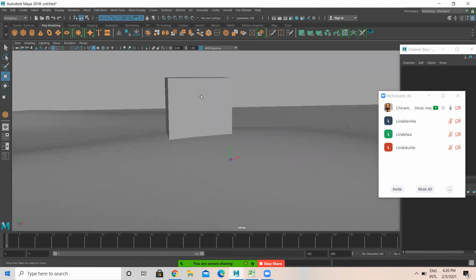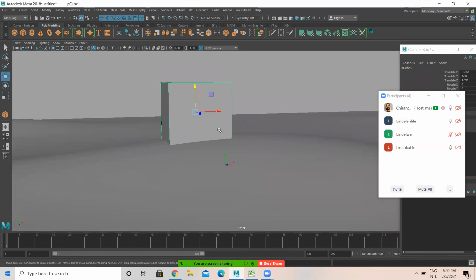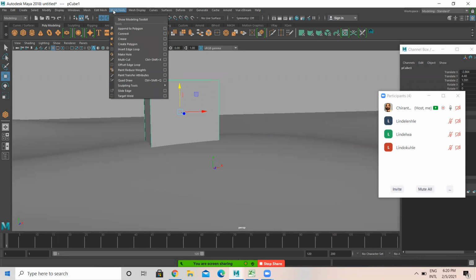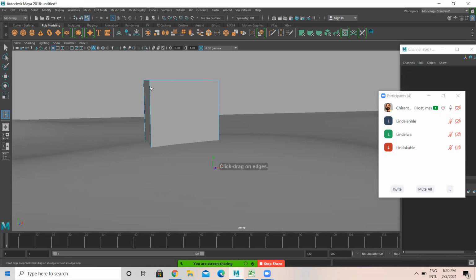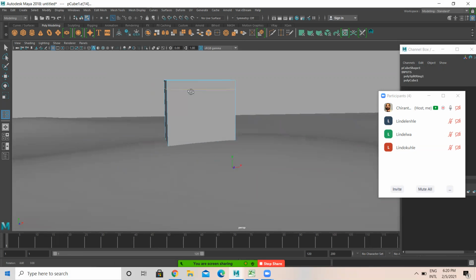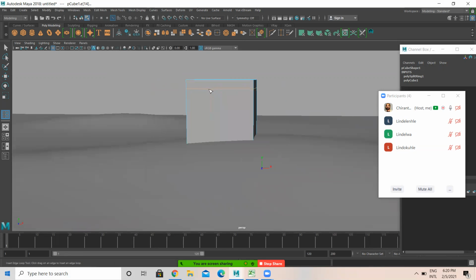So now, any doubts up to here? No, sir. Okay. Now I'm selecting this particular box. I would like to add one mesh. So you have to come to mesh tool, and in this you have insert edge loop. So I'll select this insert edge loop and add one edge loop here. Then I'll be adding one here, one here.